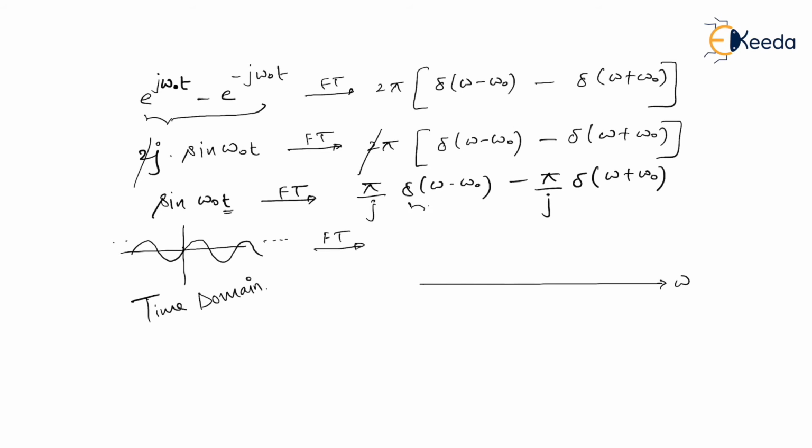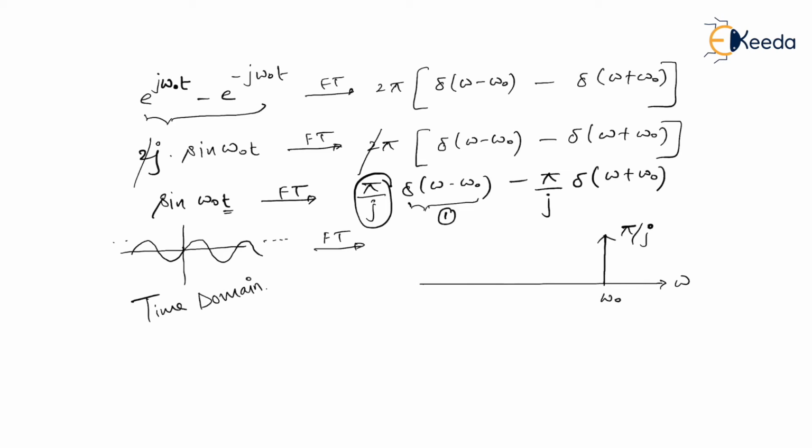If I want to draw this impulse function, I know that, let's say if I have del of omega, then it is an impulse function present at omega equal to 0. But if I have the first impulse function I'm talking about, del of omega minus omega naught, then it is an impulse function present at positive omega naught. So at positive omega naught, I have some impulse function, and we know that the coefficient of any impulse function is area. So area is pi by j,